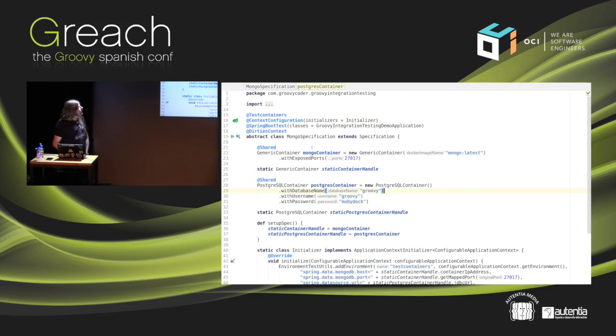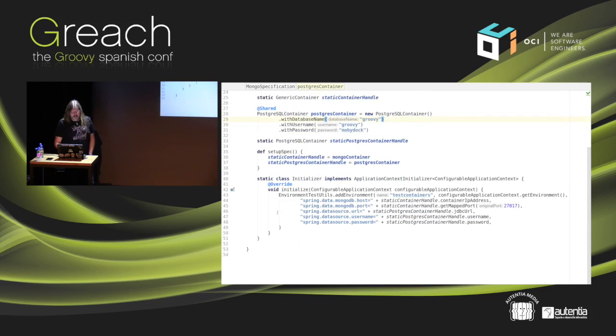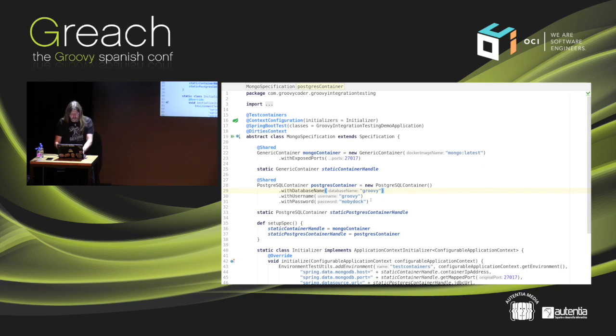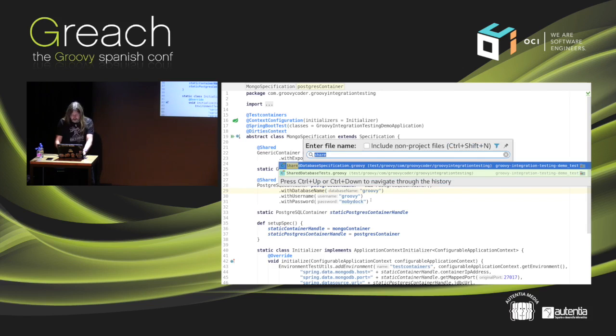So we define, in this case, a generic container, and yeah, it will boot it up as well. I've also defined the Postgres container here, so Spring Boot will start up successfully. And then we inject the configuration, like the IP address and so on, into the environment variables. And if we go into the test,